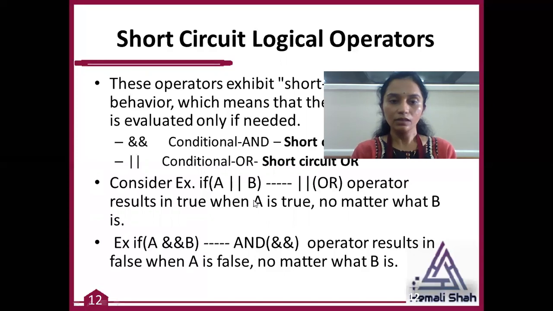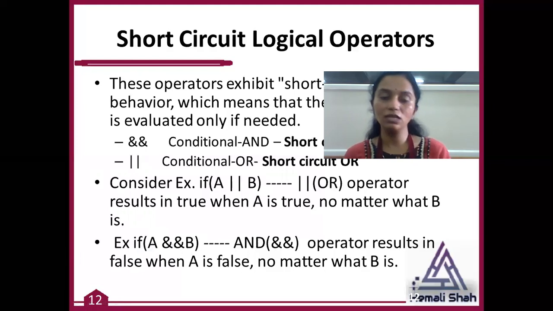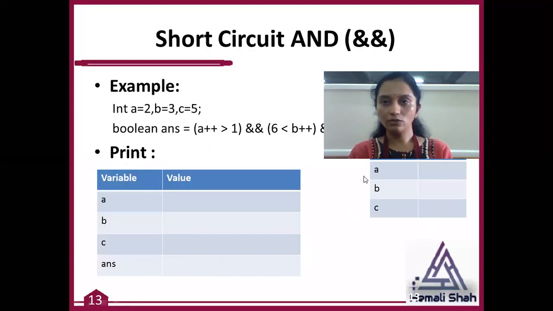In the same way, with AND operators, if you get any one as false, you will always get your answer false. So when the AND operator gets at least one false, it never checks the remaining part of the condition. That means you will never get the execution of B if A becomes false, right? So the execution of the whole expression totally depends on the value you get in part of the expression. So let us try how this operator works by using this example.